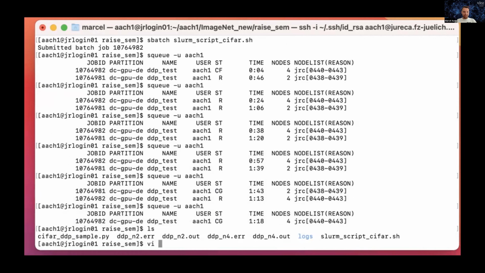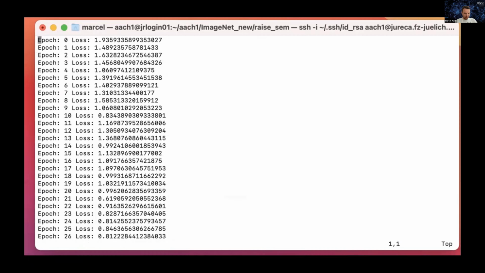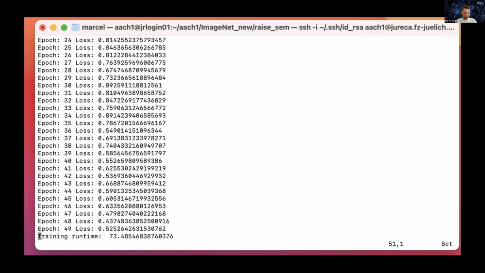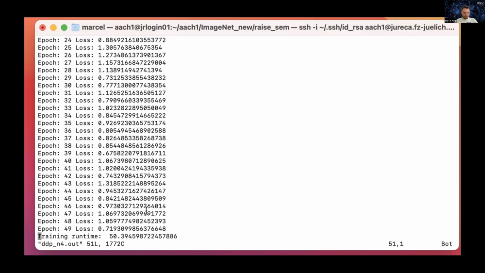And now you see that both output files for the 2-node case and the 4-node case are there. Let's first take a look at the 2-node case. We see a runtime of roughly 73 seconds. So that was how long it took to calculate 10 epochs, I think. And now we take a look at the output file for the 4-node case.